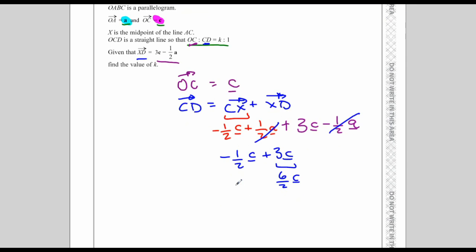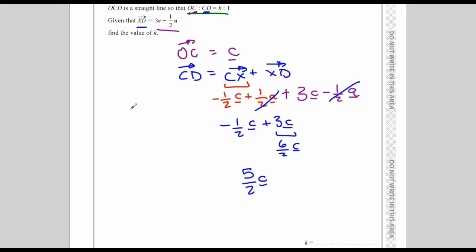So minus a half plus 6 over 2, or 6 halves minus a half, is 5 halves C. Okay, so 5 over 2, sorry, O to C,